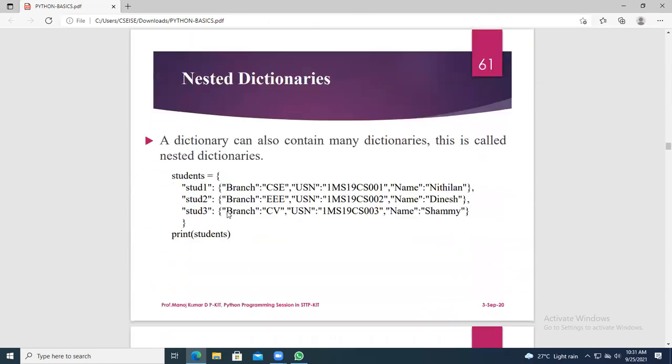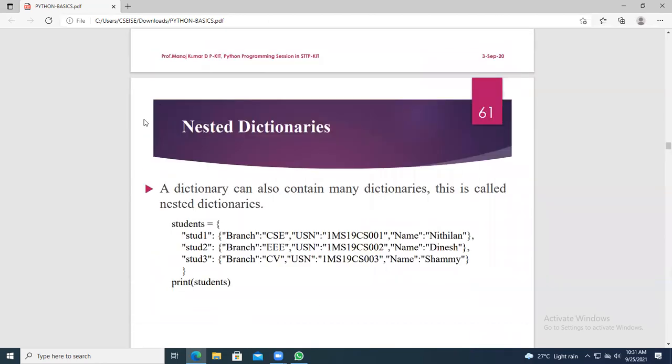Okay, so now you come to nested dictionaries. What happens in a nested dictionary? A dictionary can contain many dictionaries.